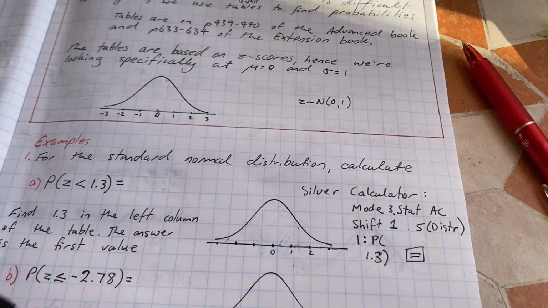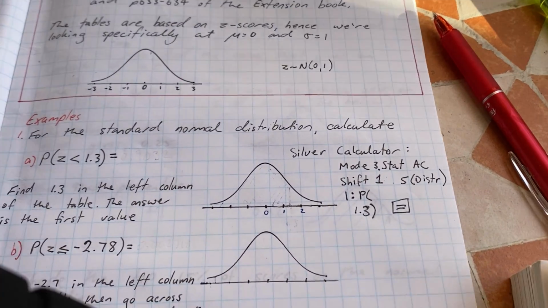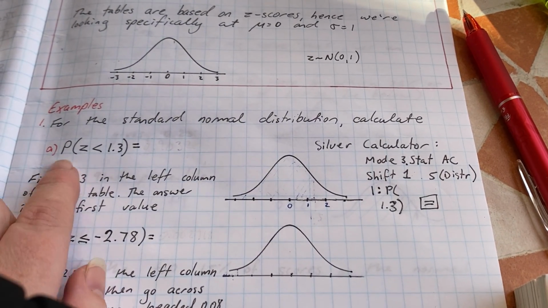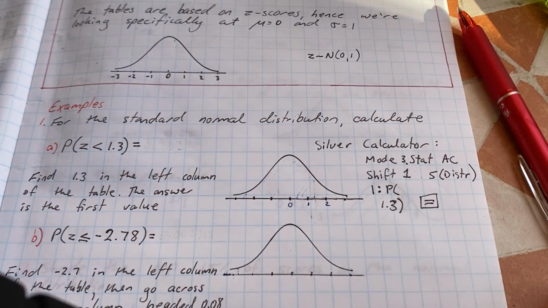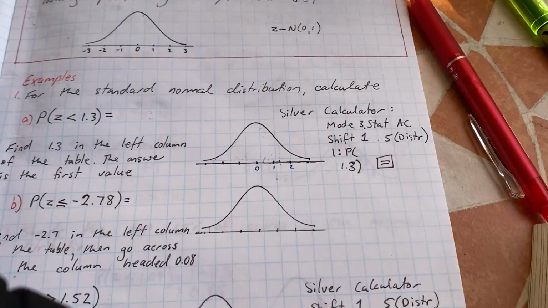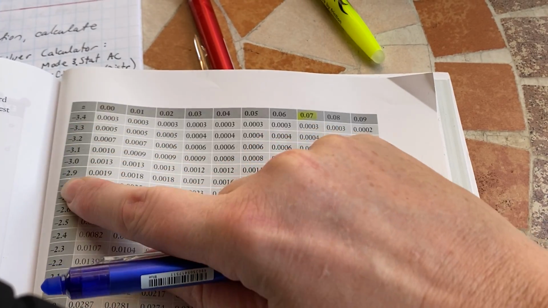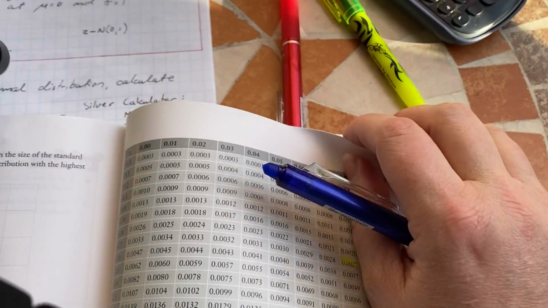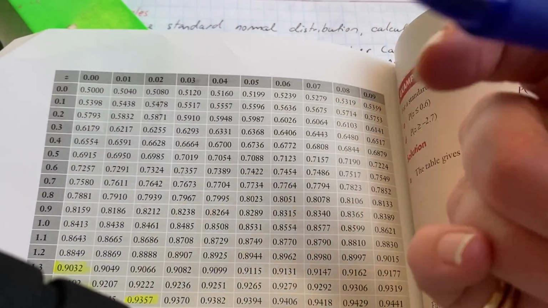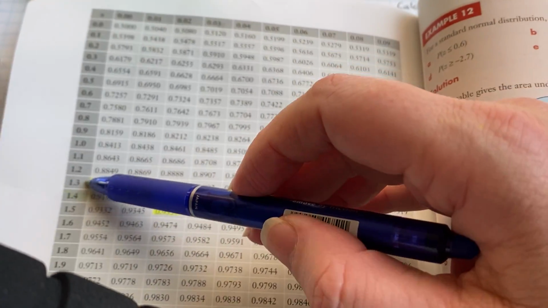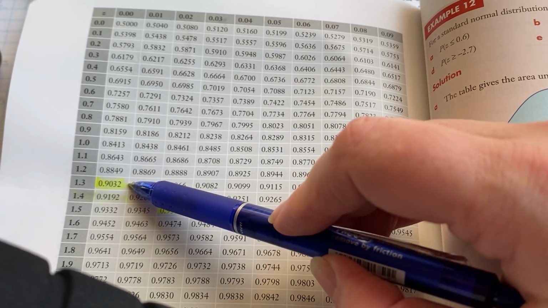So let's look at this example. For the standard normal distribution, calculate the probability that a z-score is less than 1.3. Okay, so let's have a look at those tables in your book. On the first page, these numbers down the left-hand side, they're all negative numbers. We want a positive number, we want 1.3. So we turn the page, we look down the left-hand side for the number 1.3, and this is our answer here,